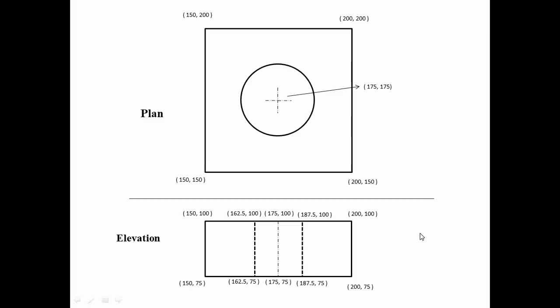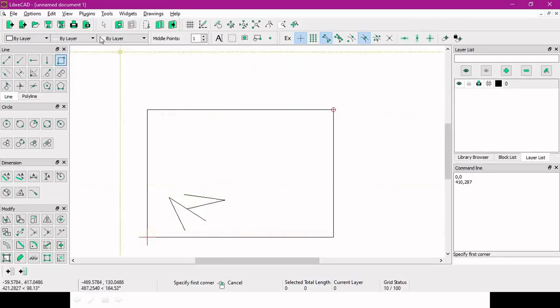Otherwise there are some other methods we can use, but let's go first with the coordinate system, then I will tell you how to use the other tools, I mean how to do it in another way. First we will go through this coordinate system. So 150, 200 and all. So let's erase these things.